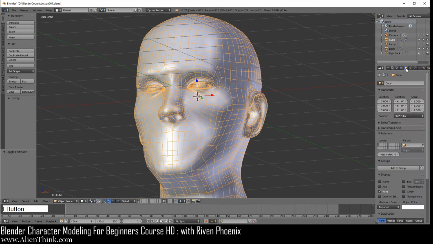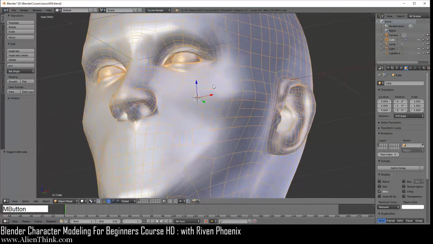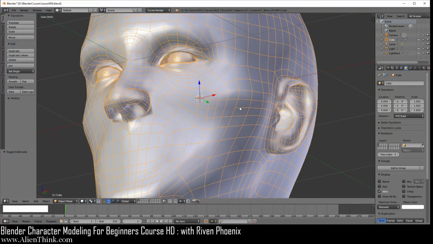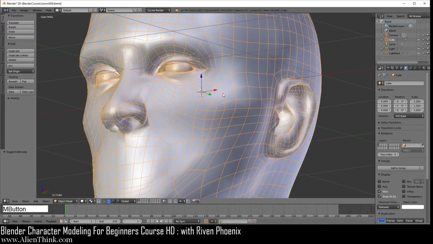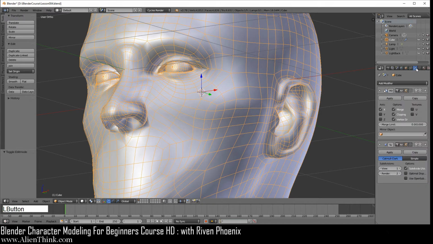I'm going to go back over here and make sure that I also click on draw all edges. The reason for this is that sometimes Blender doesn't display all the lines. I'm not sure what the reasoning behind this is. They do have this option over here, so it's just going to show you all the lines. So let's go ahead and see how this works. We're going to go under the modifiers tab.